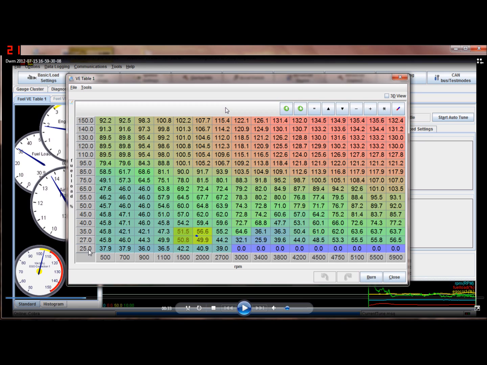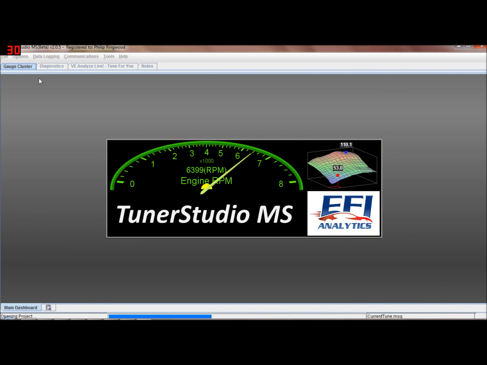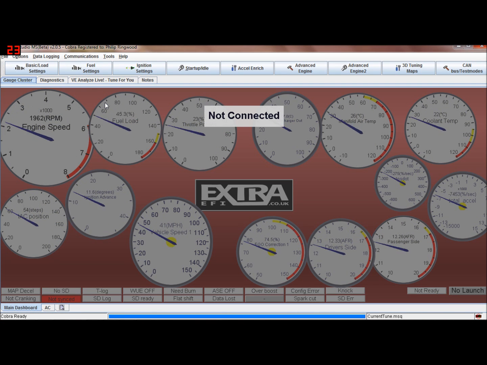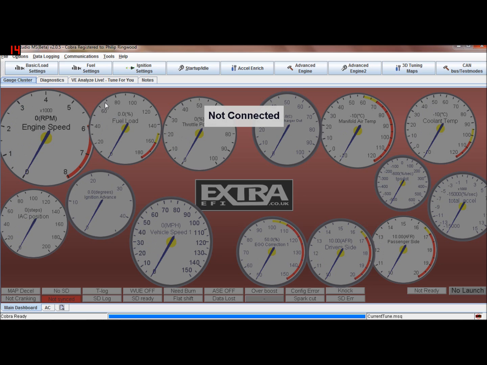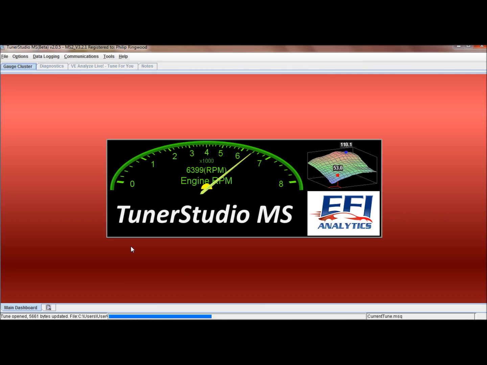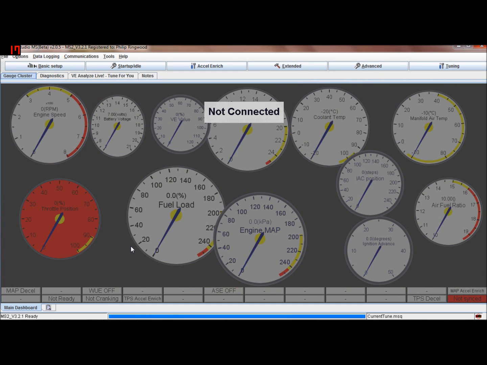And what I would tend to do, I'll have to show you a speed density map, but if you had a speed density setup, you ideally want to be setting a lot of your bins, a lot of your tables up so as you've got low throttle position to start with. So you ideally want to be setting quite a few of the first bins up, the first columns up at low throttle positions. So let me connect to